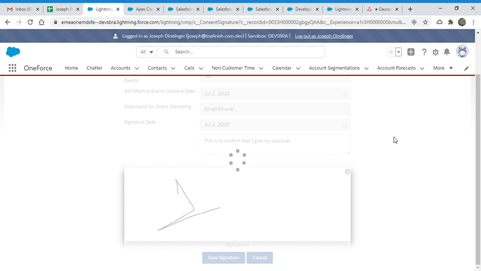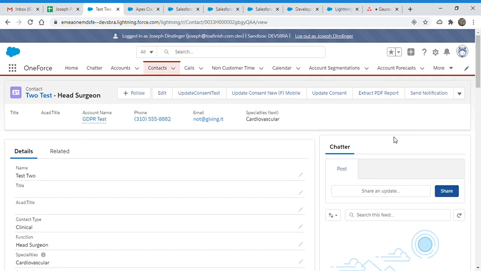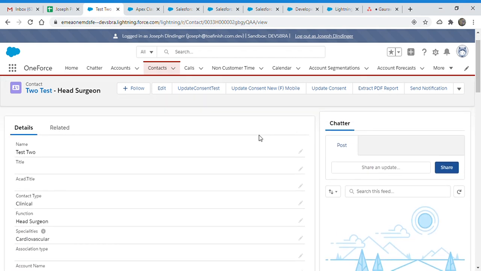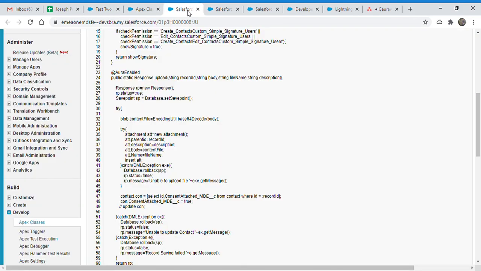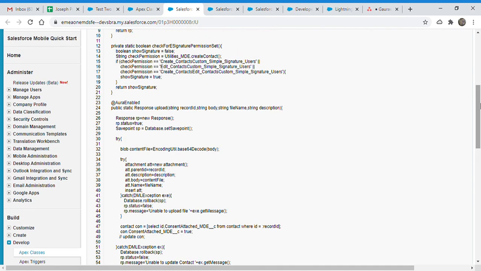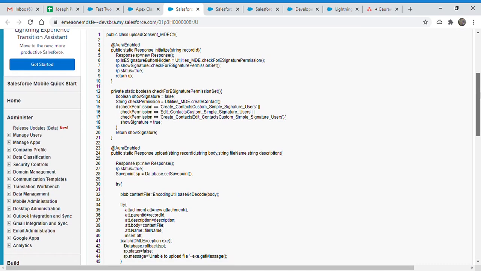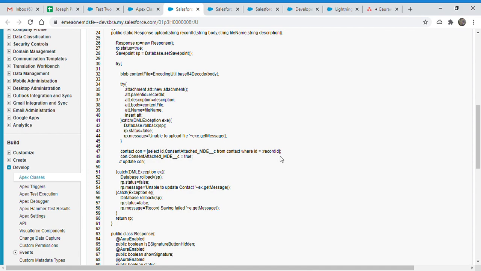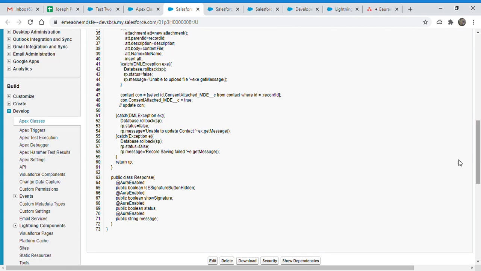I'm not sure. Please let me know if it is taking too much time for you as well. Okay, so I just signed this. I don't know what happened after signing, but it's working fine. Let me go back. There are two or three other variables that I hard coded so that I can see those options, but we can later make them the actual values. For now it's for testing purposes.